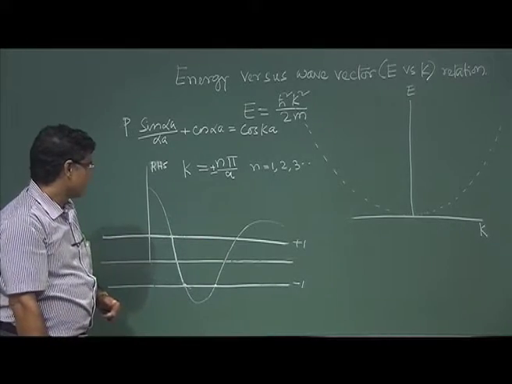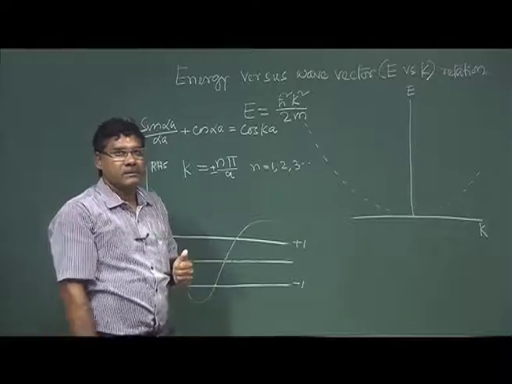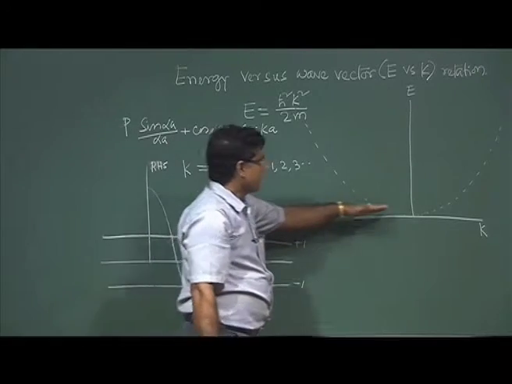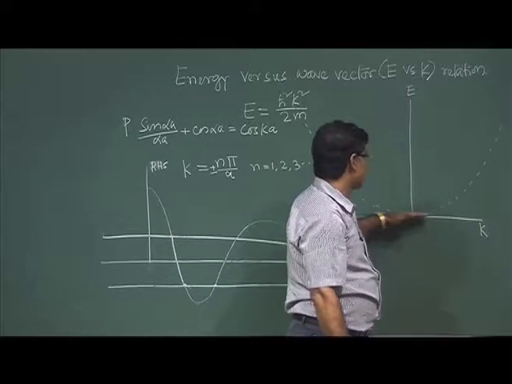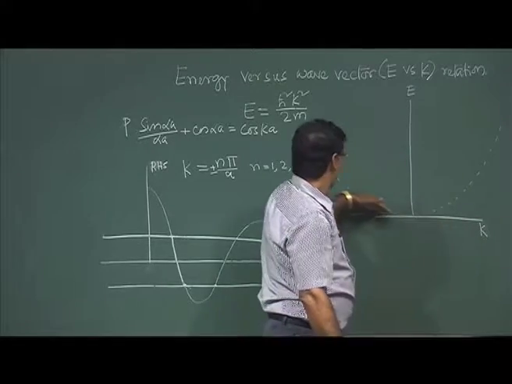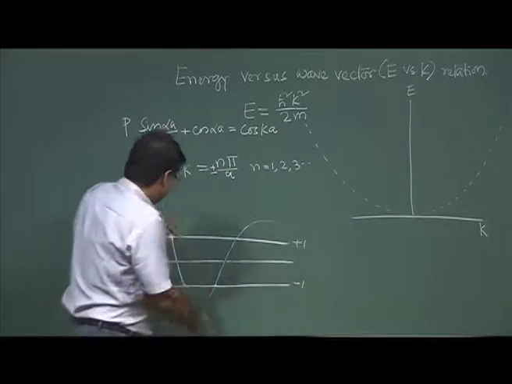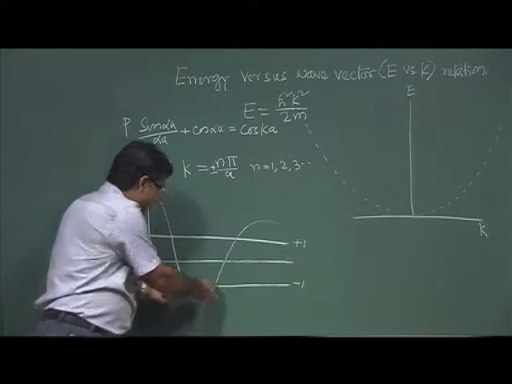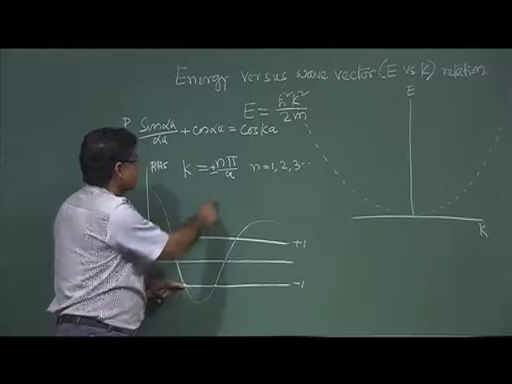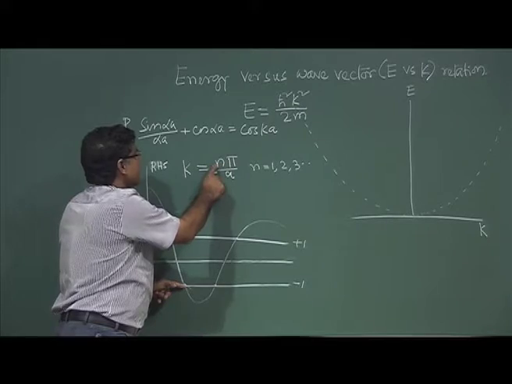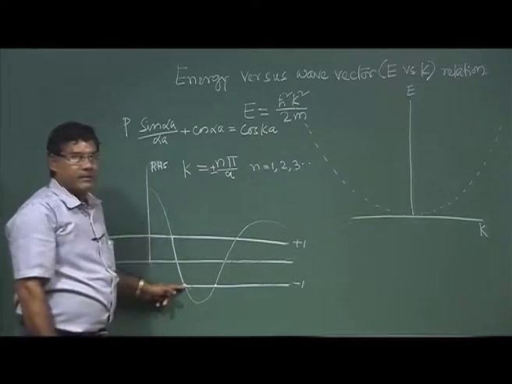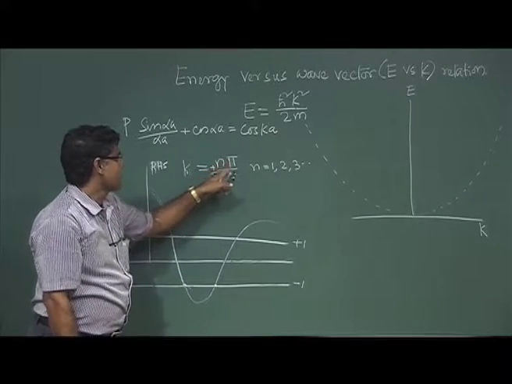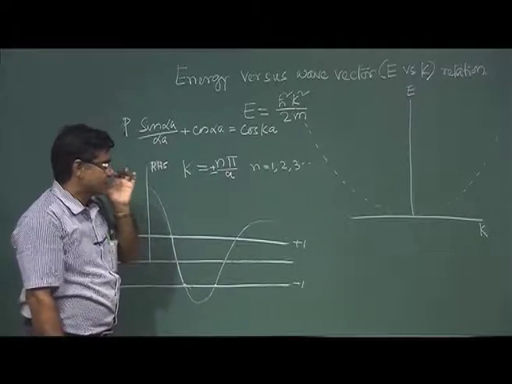So what does it mean? When electron is in a periodic potential in a crystal, then all k values are not allowed, like k continuously increasing here, that is not allowed. So a certain range of k values are allowed, okay, and then there will be discontinuity. Where is the discontinuity? When k equal to plus minus n pi by a, okay. So the first discontinuity will come at plus pi by a and minus pi by a.